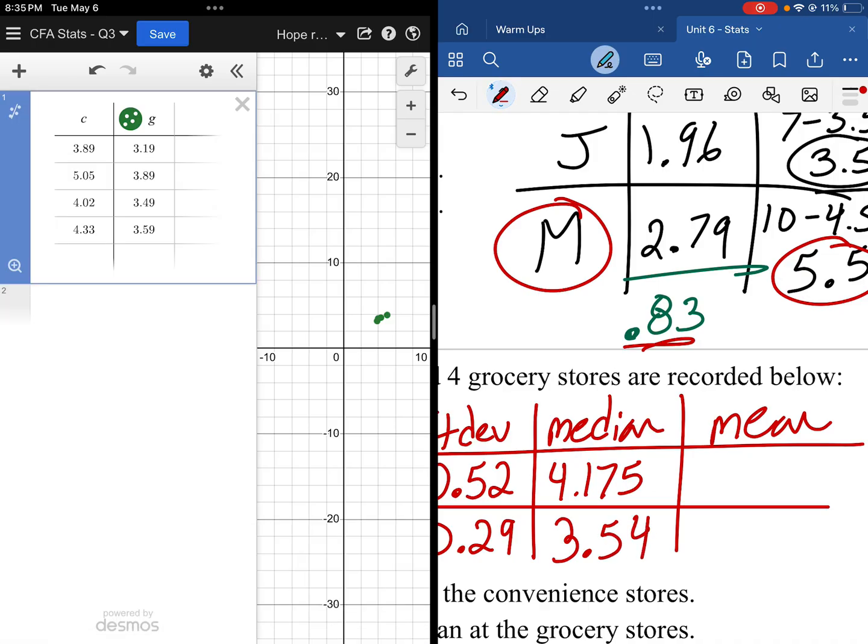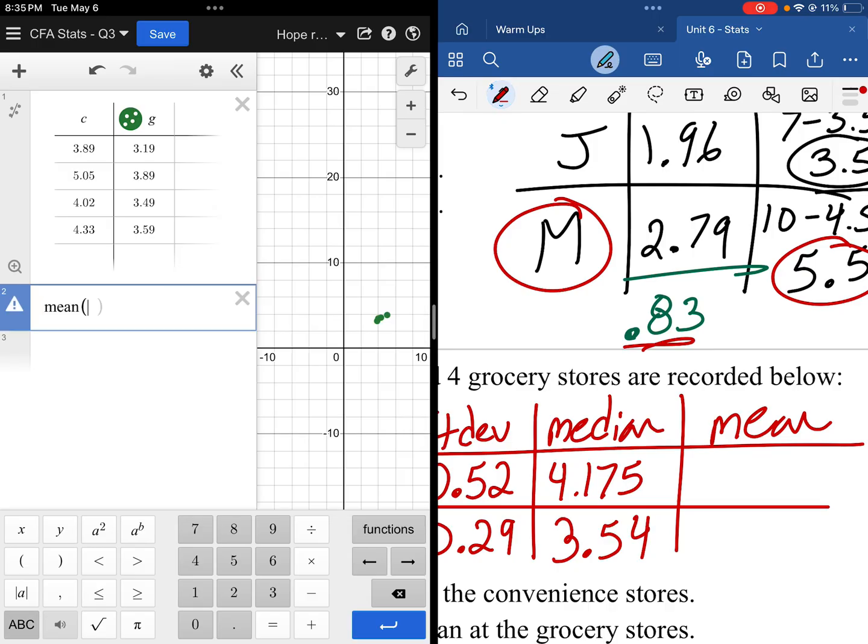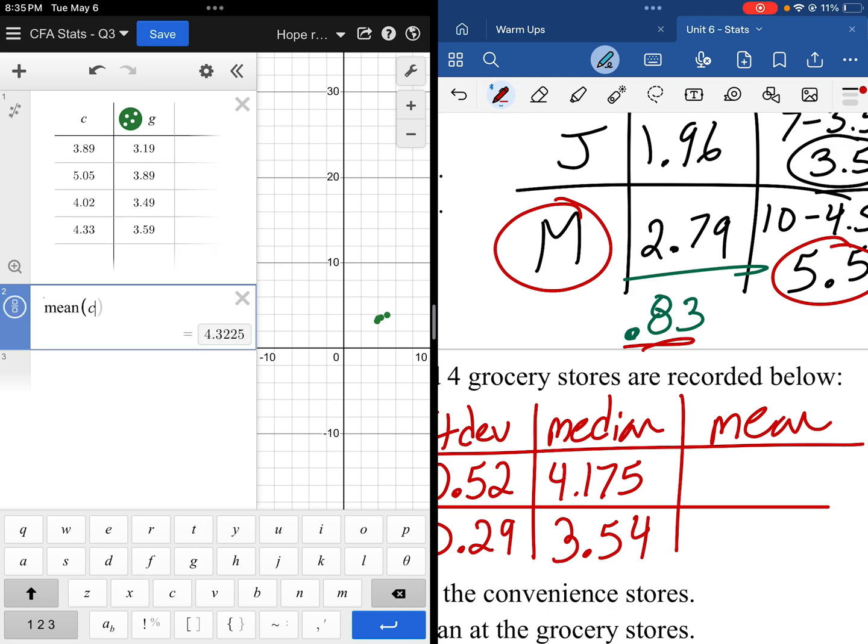And remember, that's a whole nother function in Desmos. We go back to our functions. We select mean. I'm going to look up convenience store or put in the C for convenience store. And we get